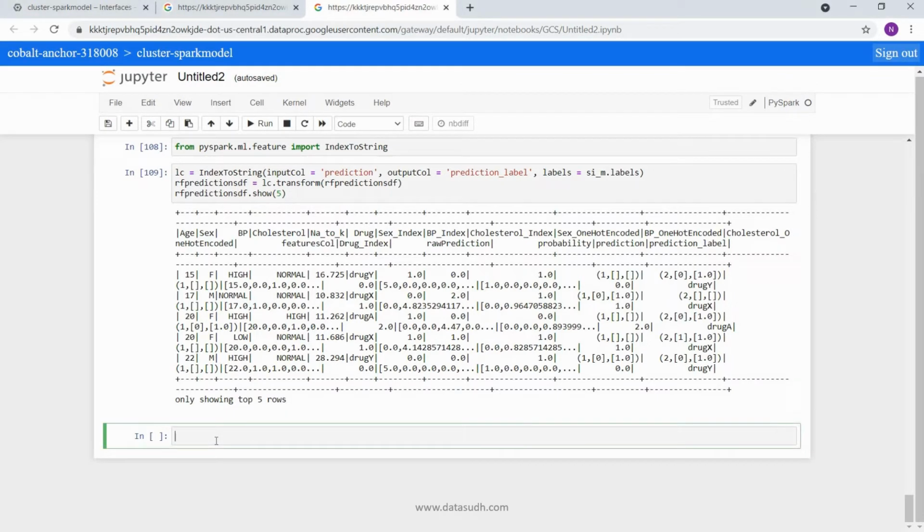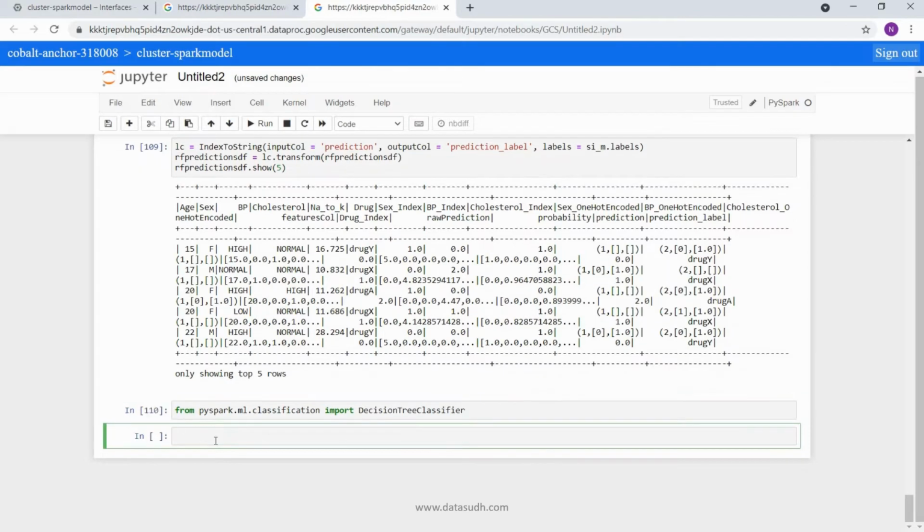Similarly, we can train the decision tree classifier. For that, you will need to import the decision tree classifier library. So let's import that: from pyspark.ml.classification import DecisionTreeClassifier.